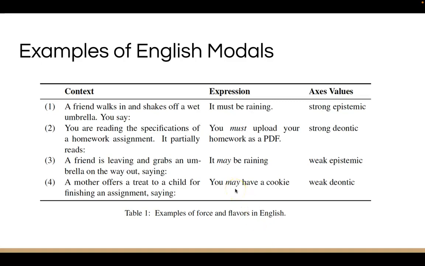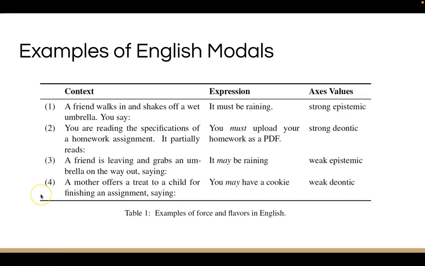Say a mother offers a treat to a child for finishing an assignment, saying, "You may have a cookie." Then it is true that there exist some possible worlds such that the child abides by his or her obligation of doing the assignment, and then the child has a cookie. So similarly, the weak force comes from the existential quantifier over possible worlds, and deontic comes from the child following the obligation.